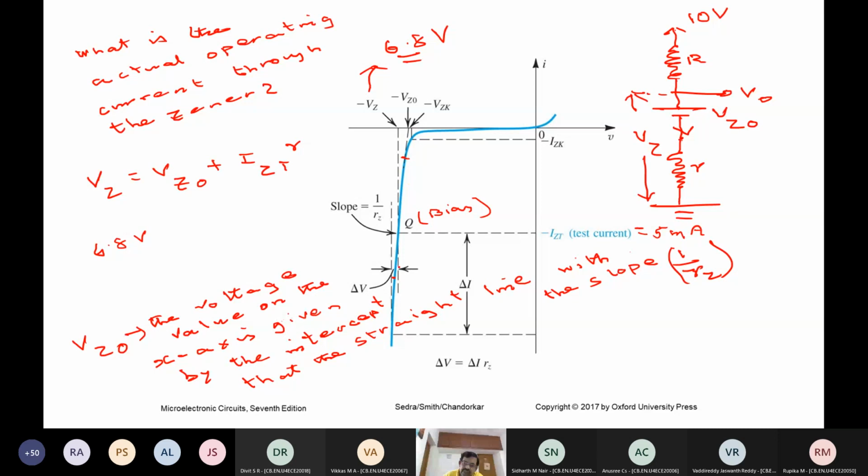This is the linearity. The linearity is very important. With the minimum change in voltage, with the slope, that means constant slope. So you want rZ to be extremely small, and this region over here is a little difficult to operate because the change in voltage will be much higher; the dynamic resistance will be more. Whereas in this region over here, the dynamic resistance is extremely small, more or less. So you will get a constant voltage. VZ will be constant. So the slope 1 by rZ makes the intercept of this line with the x-axis.